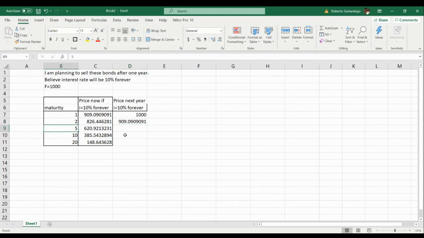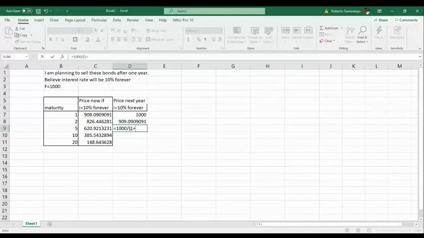What about the 5-year bond? Well, a year has passed, so it's just a 4-year bond. Again, I can use 0.1 to the power of 4. Again, this is Excel, so I could equally well write that it's to this power over here minus 1, because again, 1 year has passed. They're only 5 minus 1